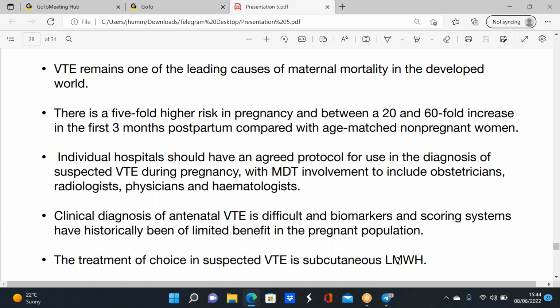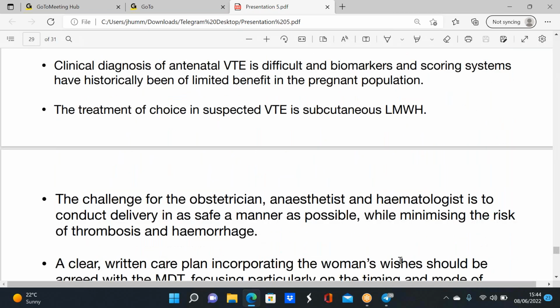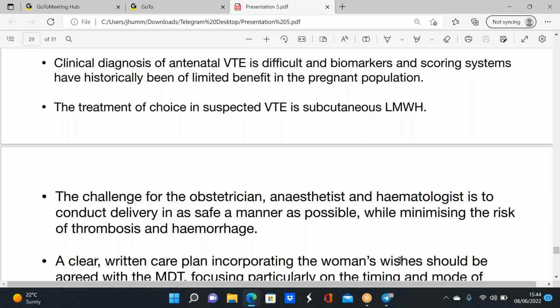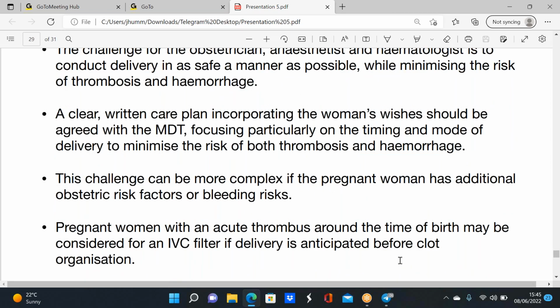Clinical diagnosis of antenatal VTE is difficult, and biomarkers and scoring systems have historically been of limited benefit in the pregnant woman. Treatment of choice is subcutaneous low molecular weight heparin. The challenge for the obstetrician, anesthetist, and hematologist is to conduct delivery in a safe